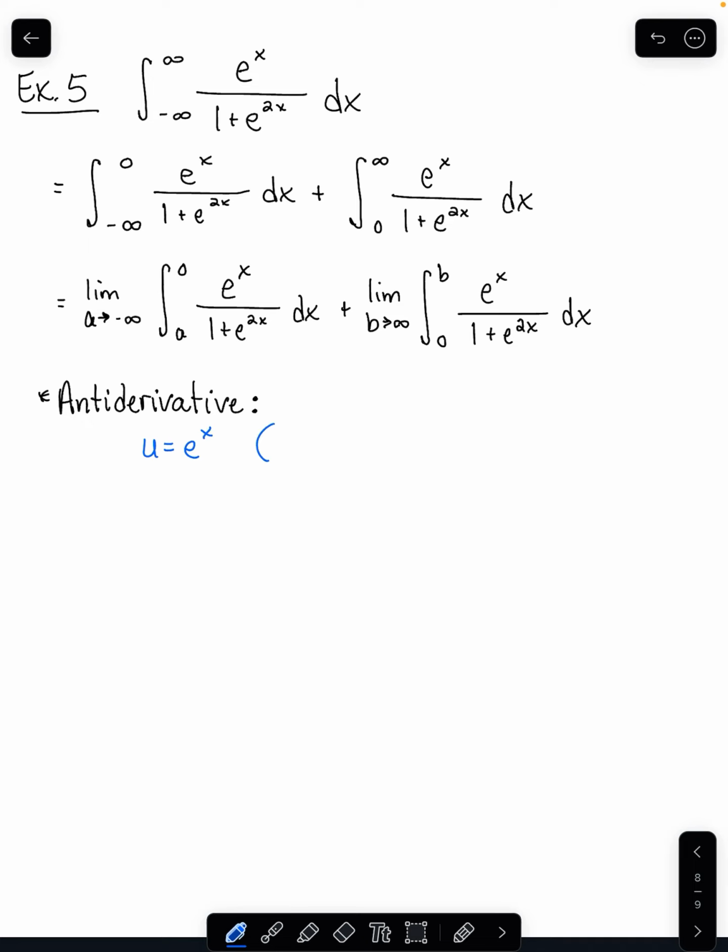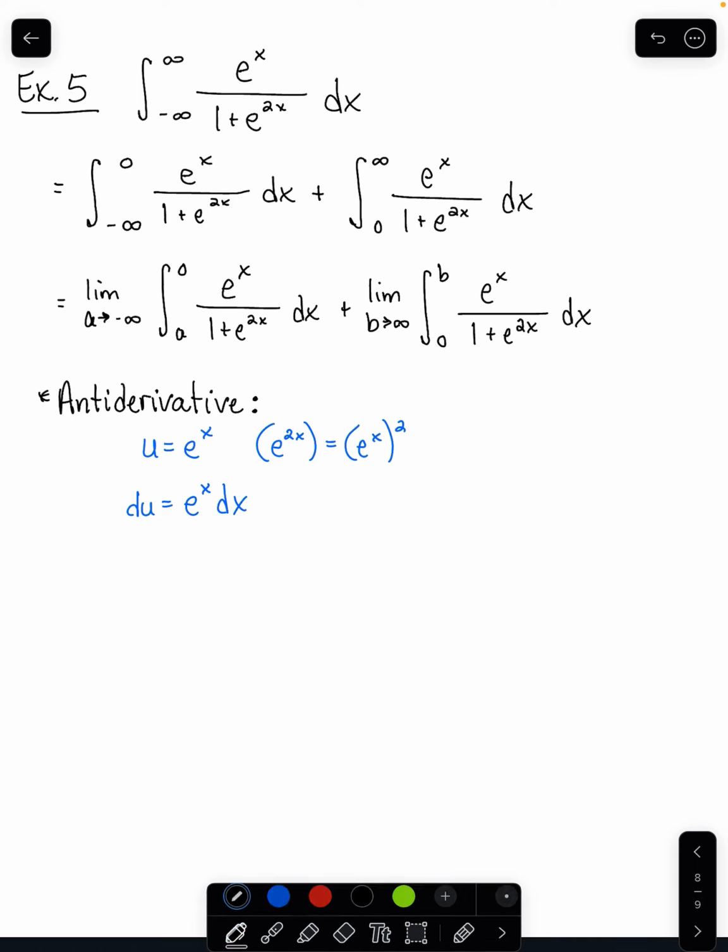The idea, of course, being that e to the 2x can be rewritten as e to the x squared. Thus, du would be equal to e to the x dx. This will allow us to rewrite